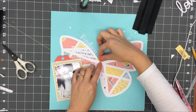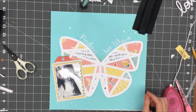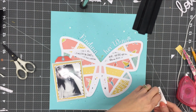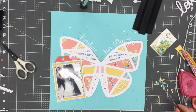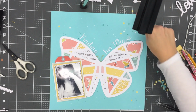So the title I cut out with my silhouette, and I'm not sure which font. It was one that I had in my laptop. I can look it up if you really want to know. And I thought the title, Finding Her Wings, would be quite appropriate for what I wanted to say in the